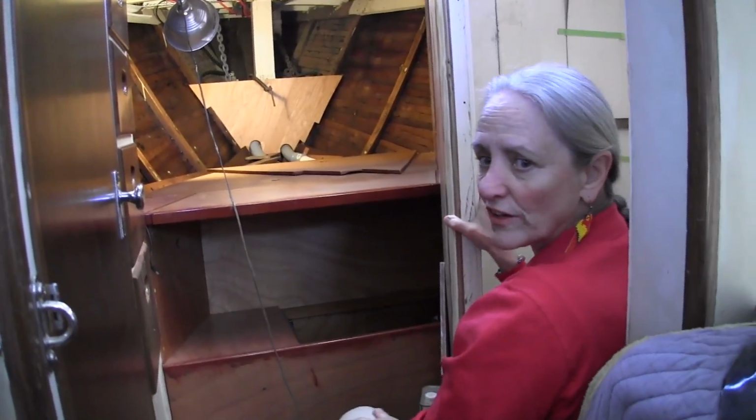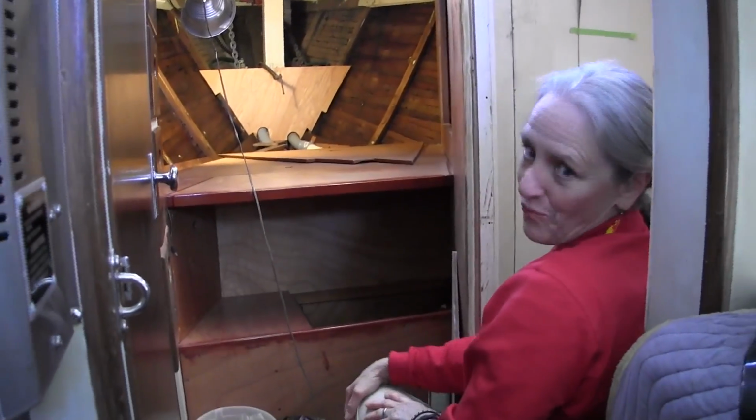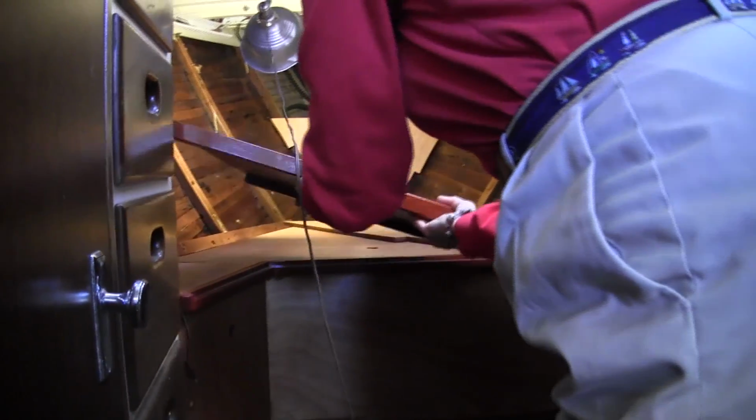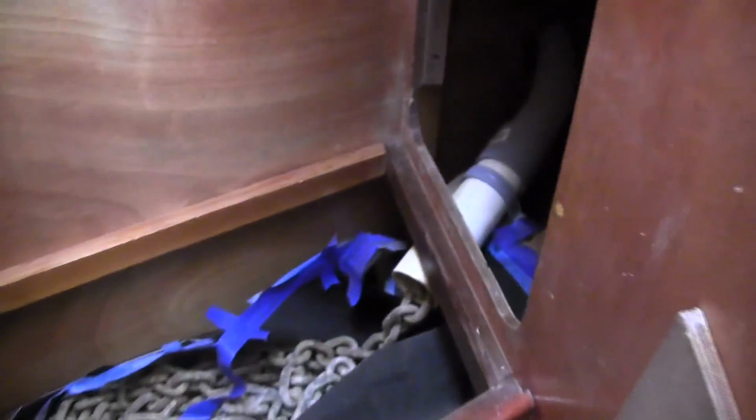Yeah, you have to. Hand signals are great, but when he's here and I'm up there, hand signals don't work as well. This actually removes so that you can have a seat right here. There you can see more storage, and the PVC pipe bringing the chain in a nice gentle curve so